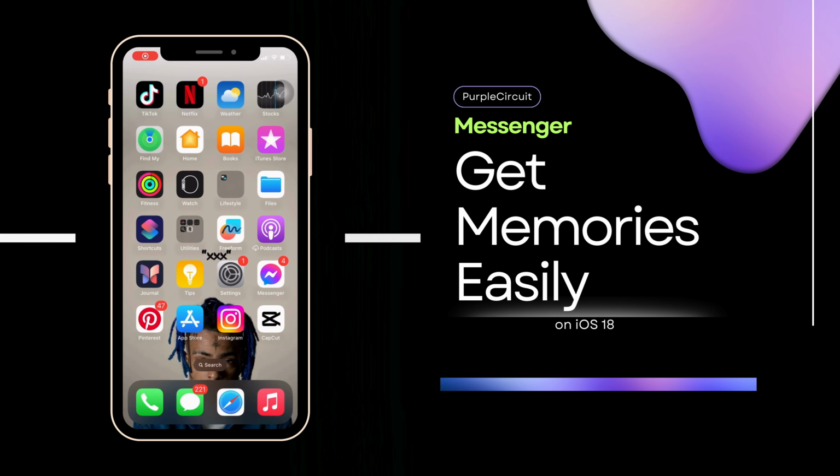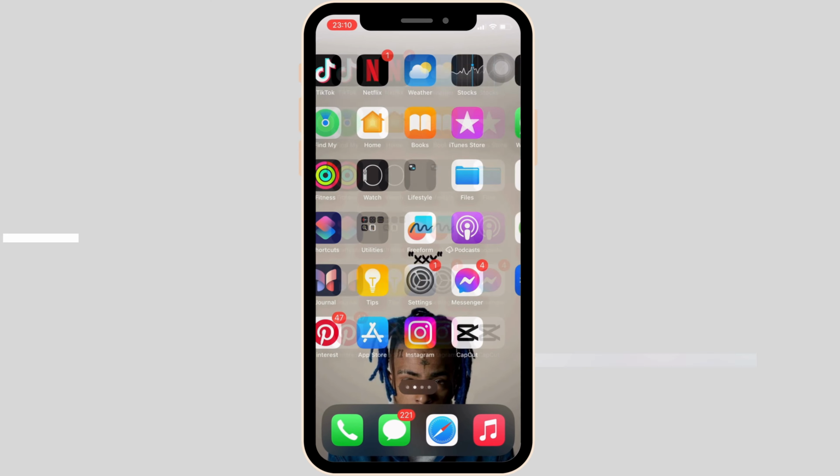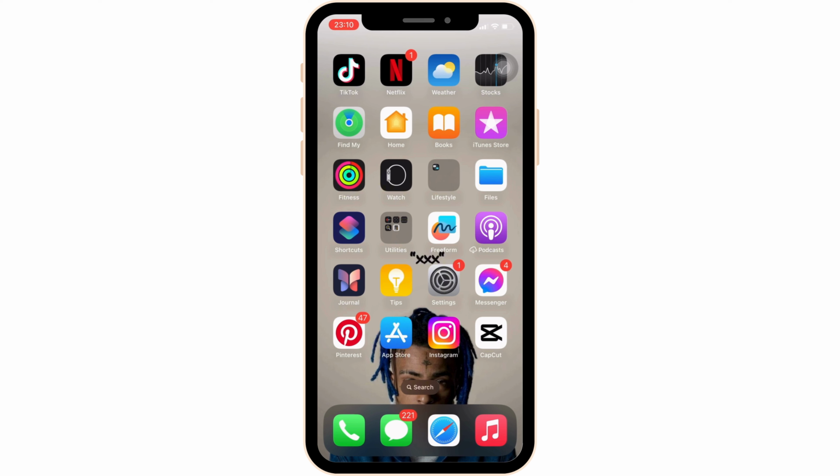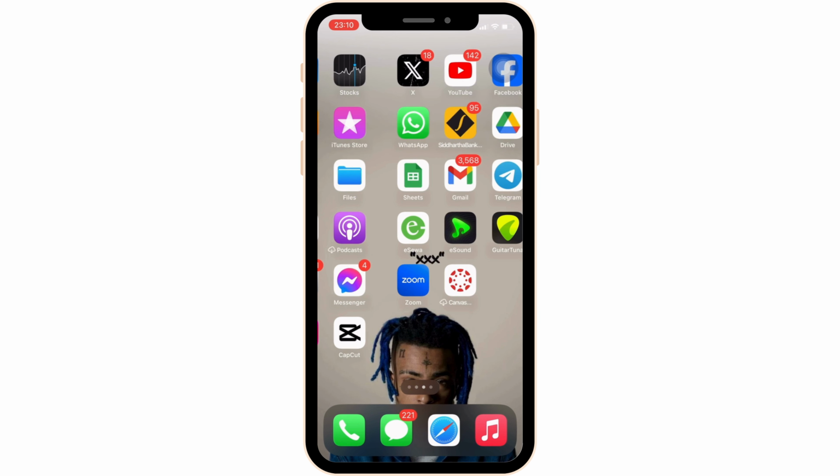How to get memories on Messenger. The very first thing you want to make sure is that your application, Messenger or Facebook, is up to date. If not, head over to your app store and update it. Once it is up to date, the first thing you want to know is that you cannot get the memories directly